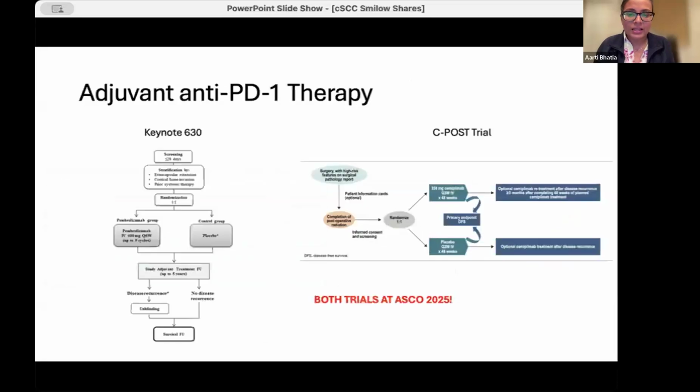data. So the success of immune checkpoint agents in advanced disease led to trials being conducted with these agents in the curative setting, and actually 2 key adjuvant anti-PD-1 trials are going to be presented at ASCO next month. One of them is Keynote 630, which enrolled 570 patients with high-risk, locally advanced cutaneous squamous who first underwent upfront surgery, then followed by adjuvant radiation, and were randomized to receive either pembro or placebo for a total of 1 year. And the primary endpoint was recurrence-free survival. On the other hand, and